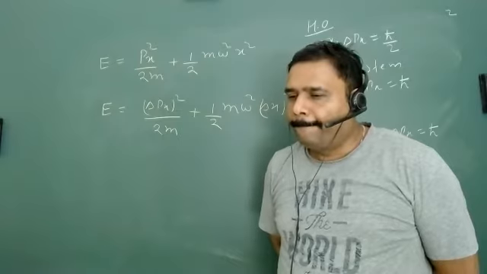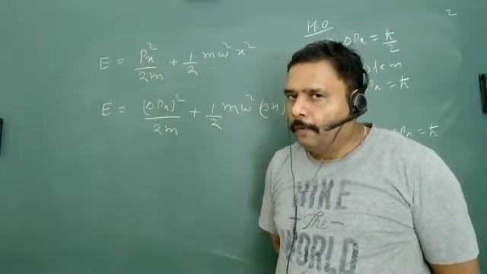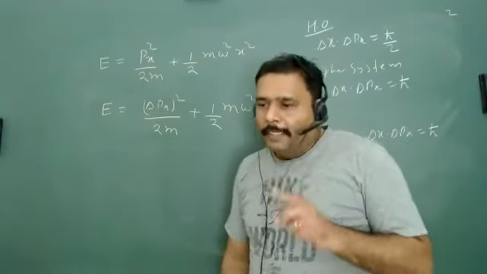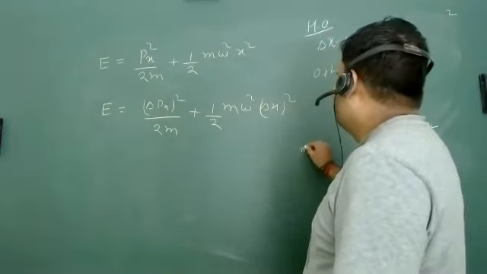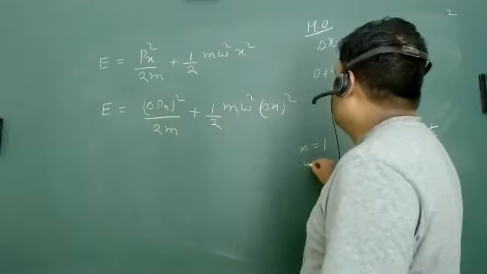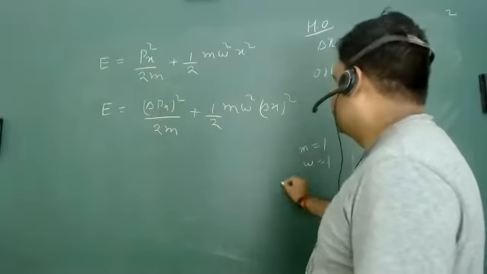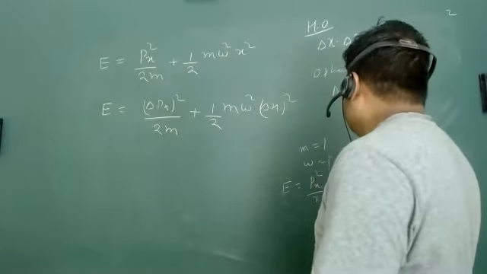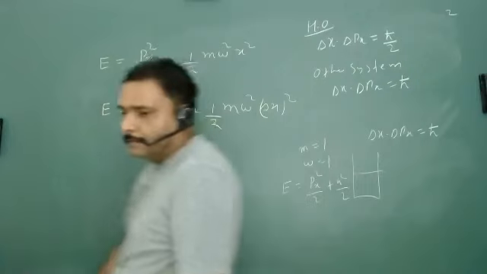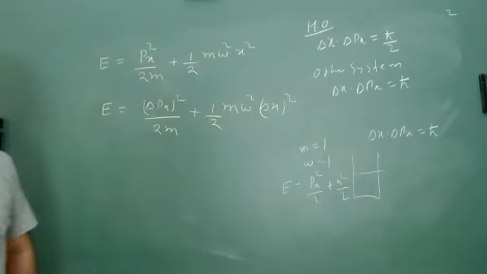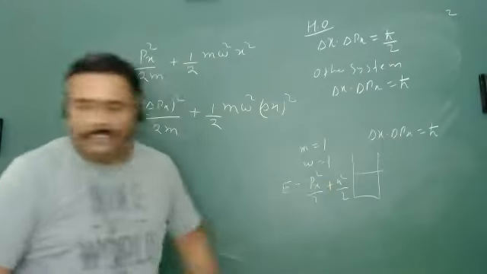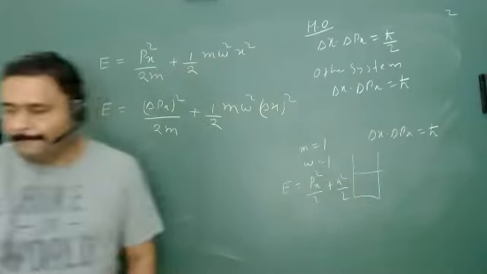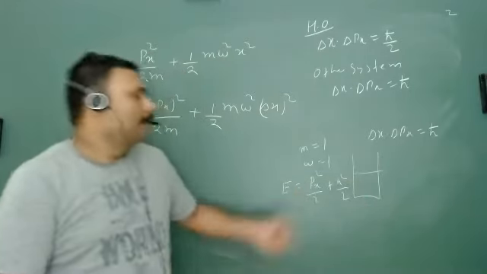Potential energy is directly proportional to delta x square. No. Look, everything is all about symmetry. If I take m equal to 1, omega equal to 1 unit, what will be the energy? Isn't it px square by 2 plus x square by 2? And they are perfectly symmetric. You can change x to p, p to x. I will tell this is my kinetic energy, this is my potential energy.